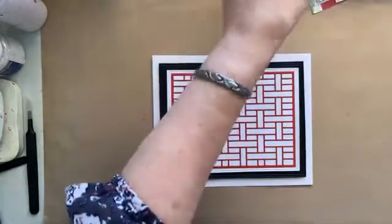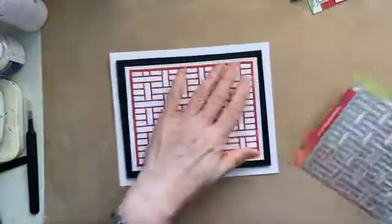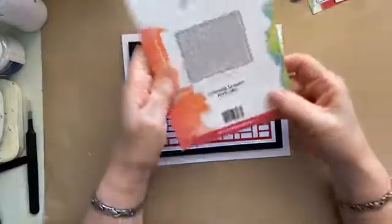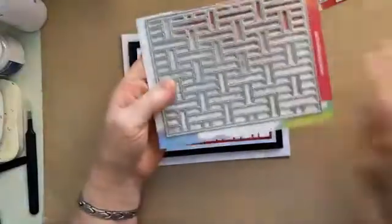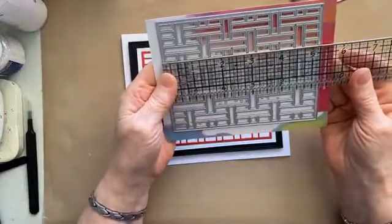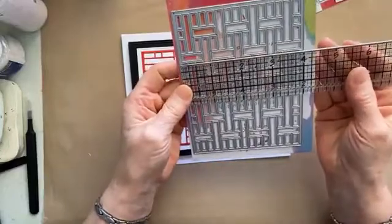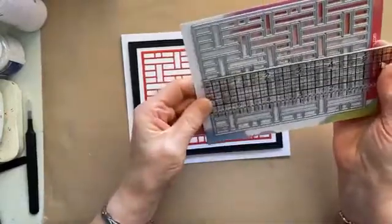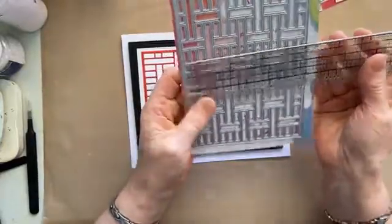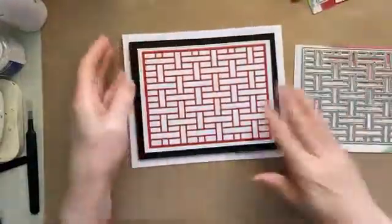So one of the most popular dies earlier this year, I think, was the Oriental Screen. It's a really good size die, this one. It is just over 5 1/4 inches by 4 inches. Just double check that again. No, 5 1/4 inches by 4 inches exactly. I wasn't actually on the cutting edge. So it's a really good size die. Obviously great to do,